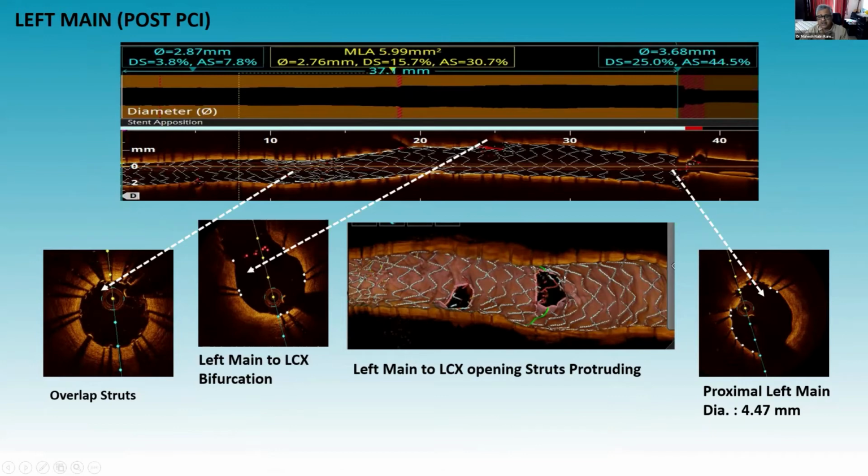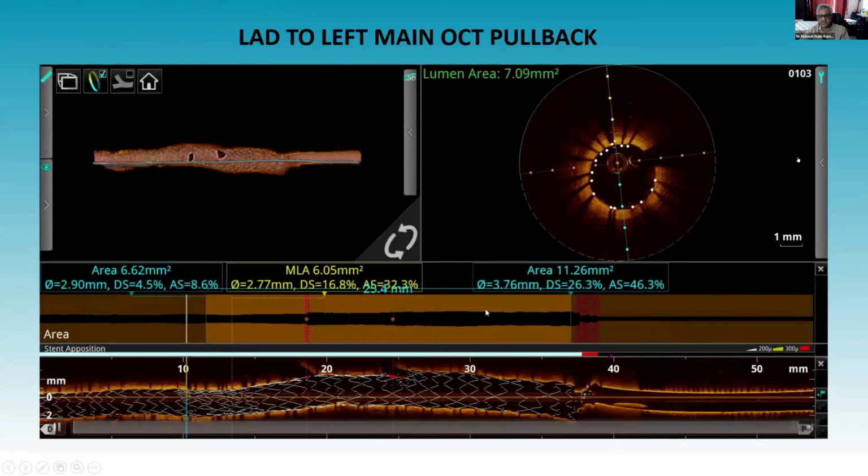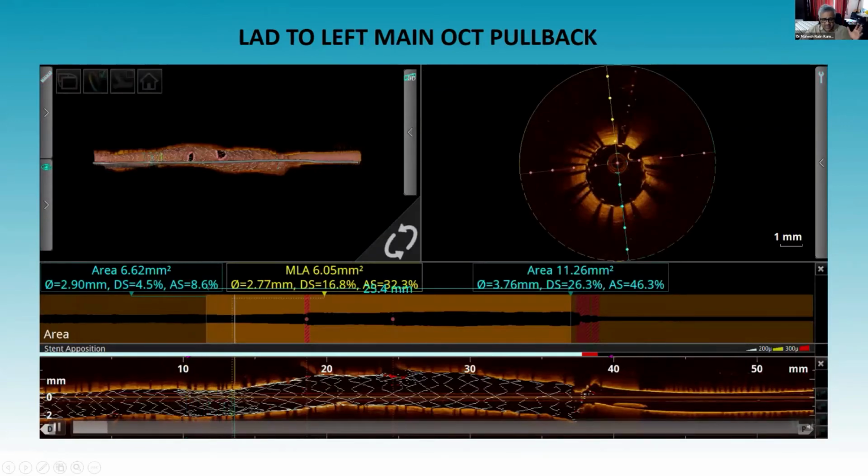You have to be careful. All the red areas in OCT mean you are in trouble. And this is the left main. So this is the pullback of the same patient, LAD. After the LAD to left main stent, everybody says LAD left main cannot be